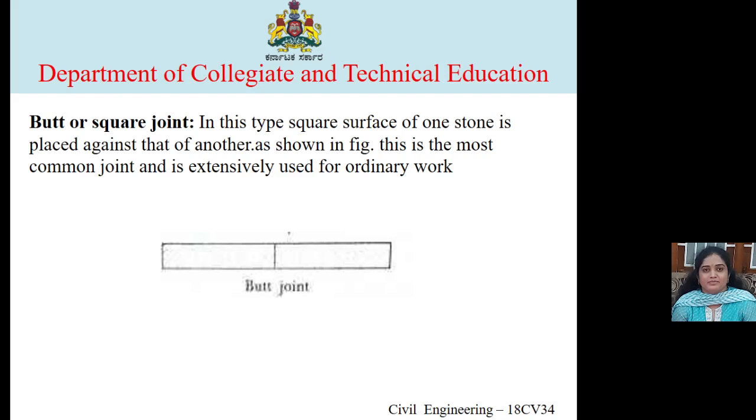This is the most common joint and extensively used in ordinary work. So here, as the name says, butt or square joint, the square faces of two stones are joined together. A simple mortar joint called butt joint, or they keep it as it is, according to the requirement.